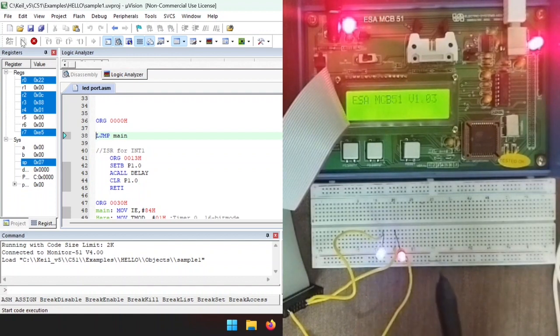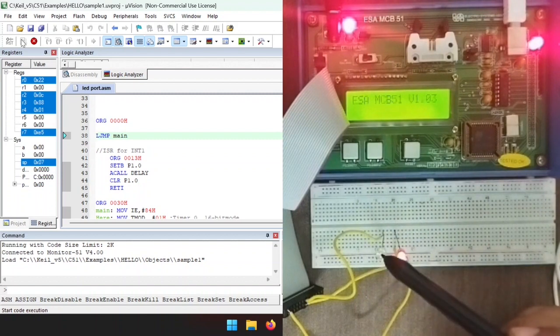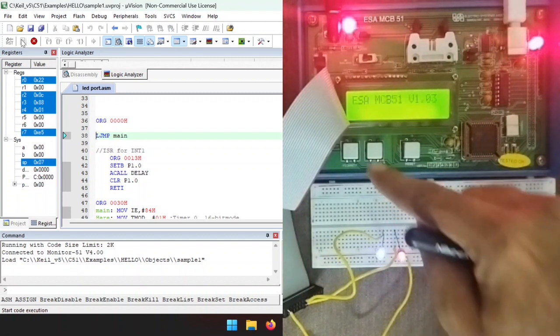Whenever I press this interrupt 1, so this is the interrupt 1 switch, right? If I press this interrupt 1 switch, this has to stop its operation and the other has to enable its operation, so that it is going to blink for 1 second. It is going to be on for 1 second, and after that it should be turned off. That is how I have programmed it, right? So if I press this one,